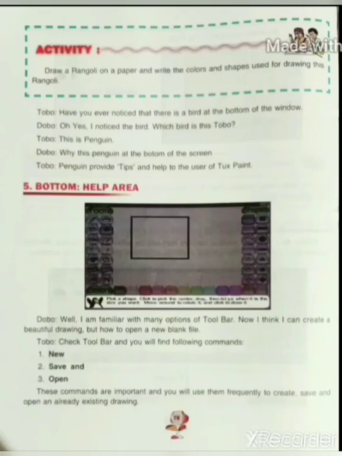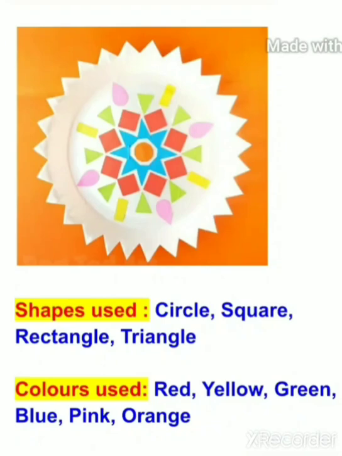You are going to do this on a paper. Here I am showing you an example, so you can take a hint from here and make your own rangoli, and below it write the shapes and colors used to draw that rangoli. So you need to do this activity.